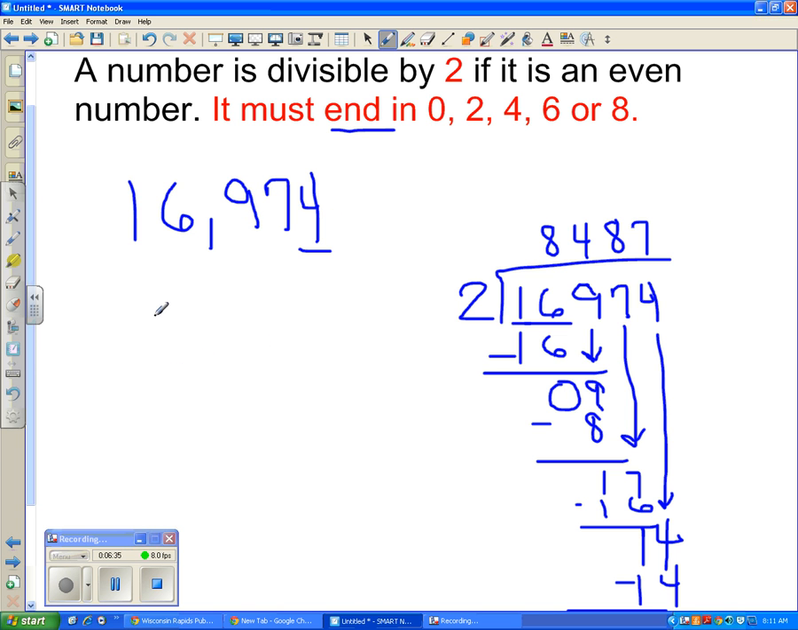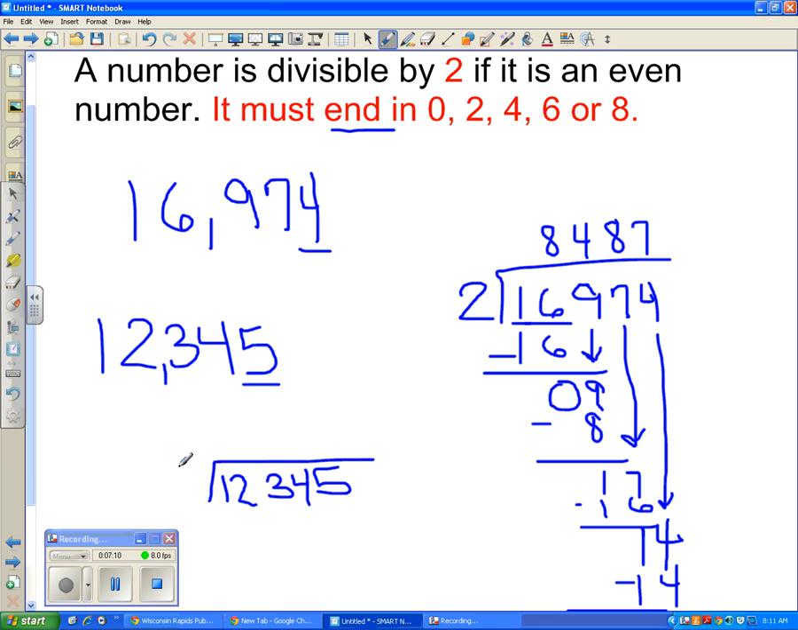Okay, and this works with any number. So just a random number: 1, 2, 3, 4, 5. Okay, so we're going to have 12,345. Look at that last digit. That last digit is a 5. It does not fit into our parameters of the divisibility rule of 2. So if I would go ahead and divide this, I'm going to have to extend my page here, but that's okay. If I would divide this by 2,